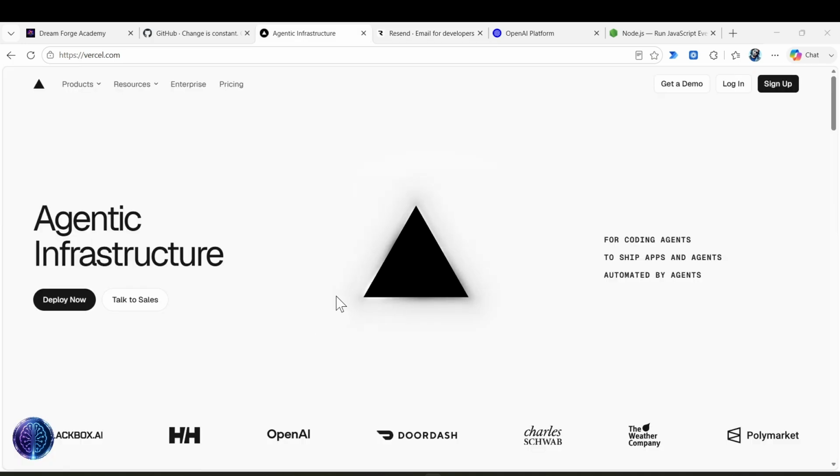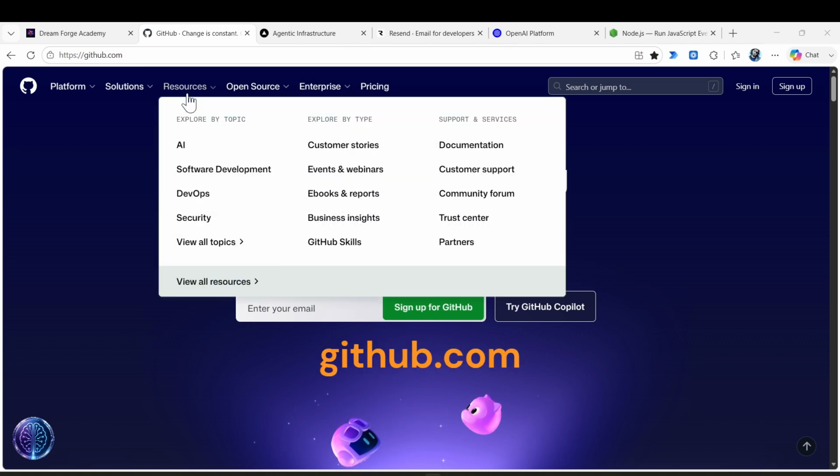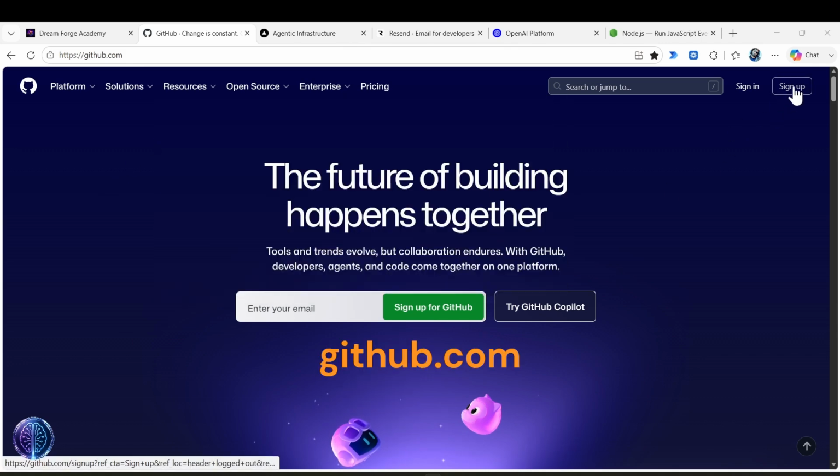Now, the main one is vercel.com. This is the platform that will host the application to make it available to the public, and you'll be able to deploy your applications to Vercel. After committing them from your local host to GitHub, GitHub will build and upload it to Vercel. So just sign up there and log in if you haven't had access to Vercel before. I suggest you start with the hobby plan for now, which is totally free. If you don't yet have a GitHub account, this is where you create one, so sign up over there.